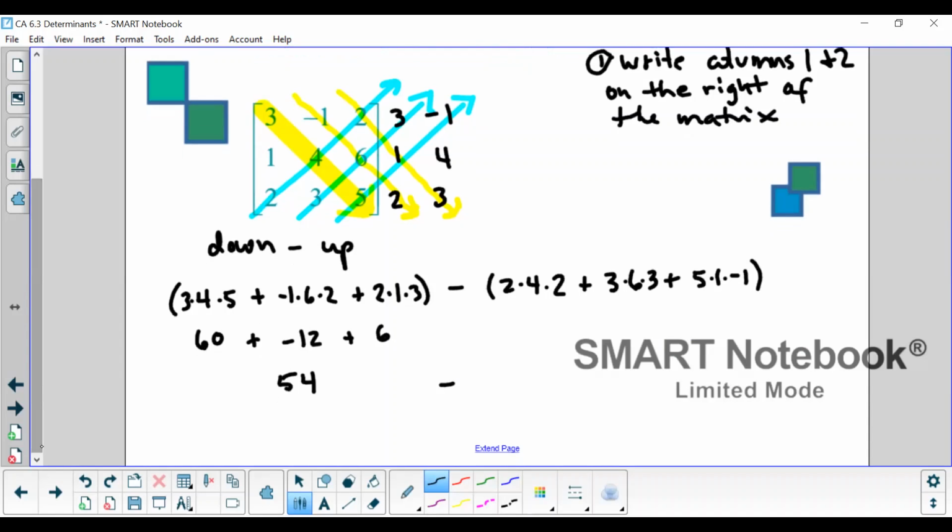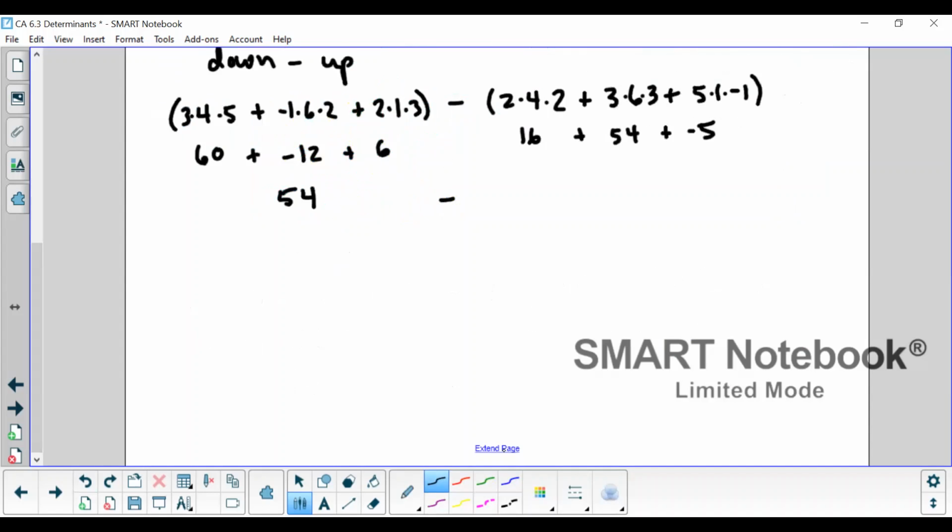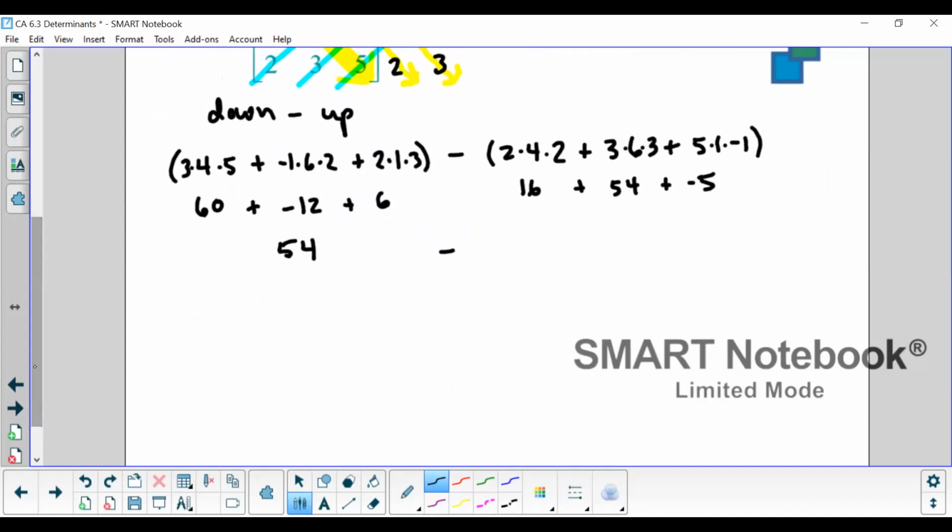And so then we just do that math. 2 times 4 times 2 is 16. 3 times 3 is 9 times 6 is 54. And then we have -5. 16 and 54 is 70 minus 5, 65. And then when you subtract those two things, you have -11. And that's how you find determinants,